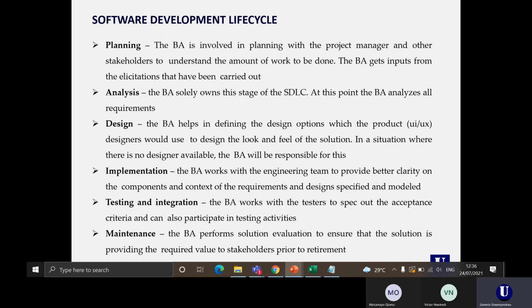Now, at the testing and integration stage, the BA works with the testers to spec out the acceptance criteria and can also participate in testing activities such as UAT, regression testing, and solution reviews. Then the maintenance stage is where the system has been deployed and is live, and then is